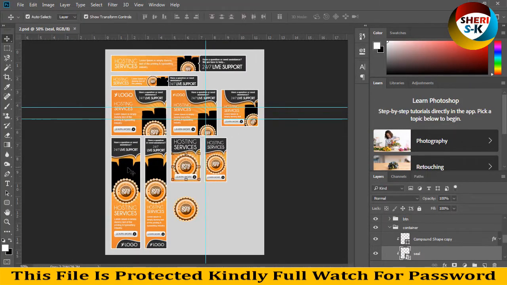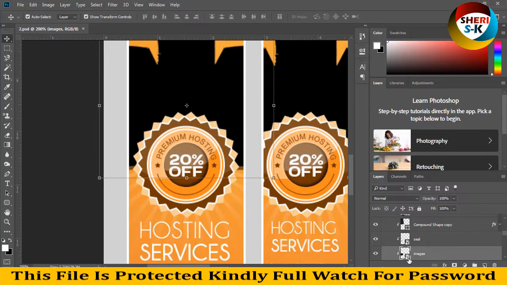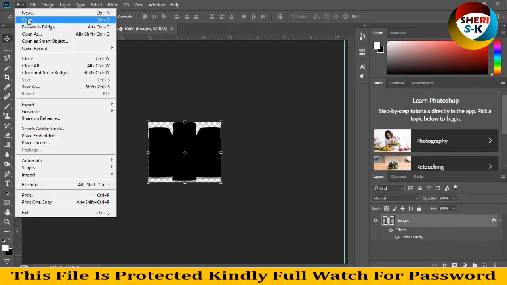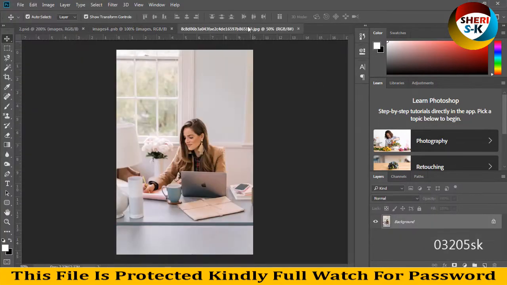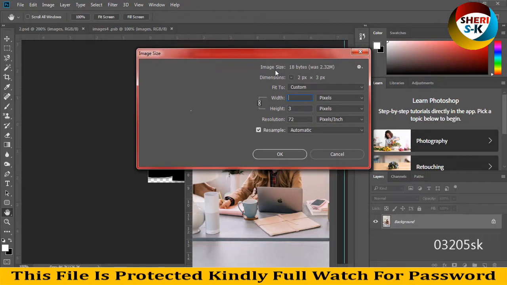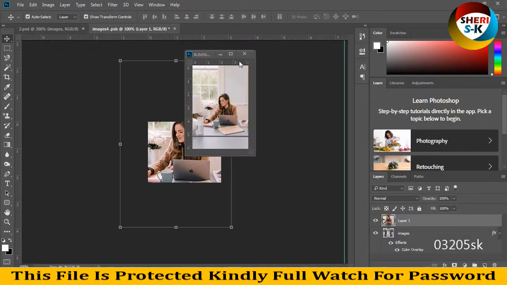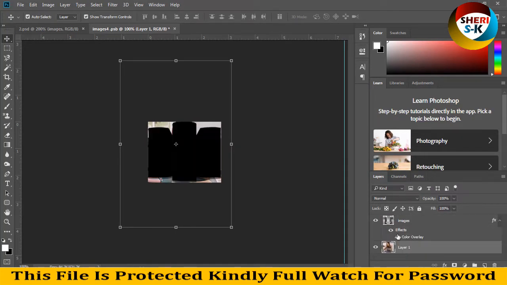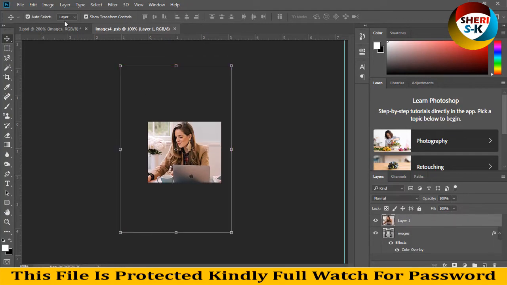You can adjust your image here. For example, I open any other image like this. Size is converted to 100 or 300. Okay, and drag here. Control S for saving,